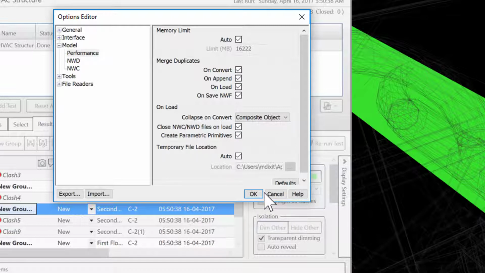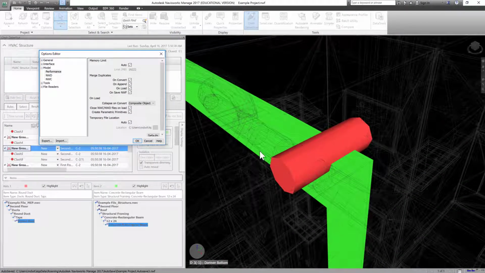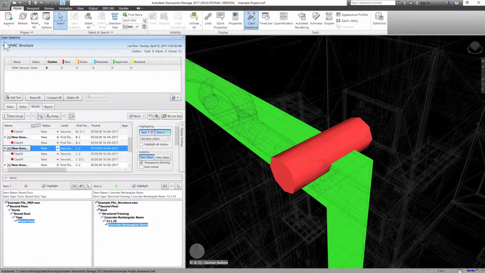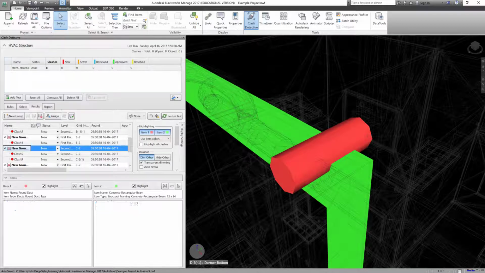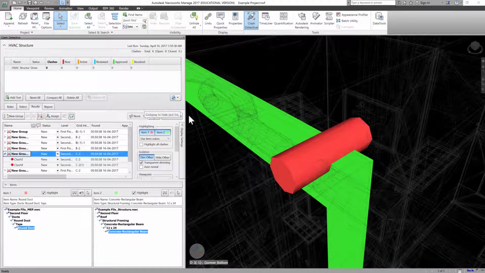So what it does, it enables you to write the original NWC file when you change this particular element. So click OK and let's save this. Let's close it and reopen it